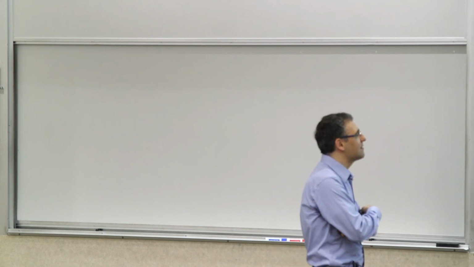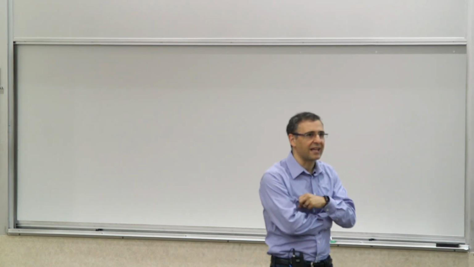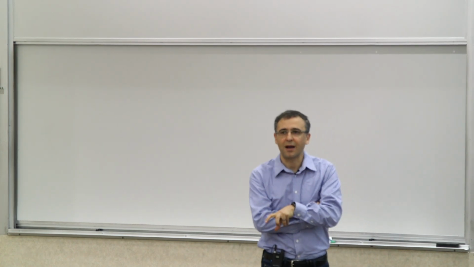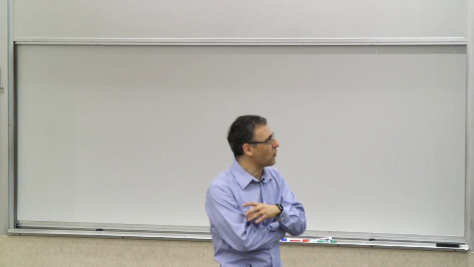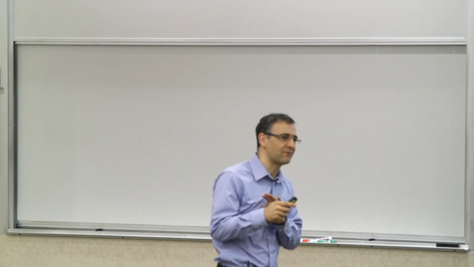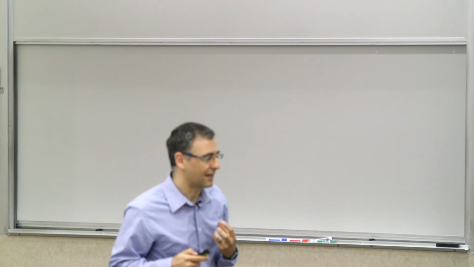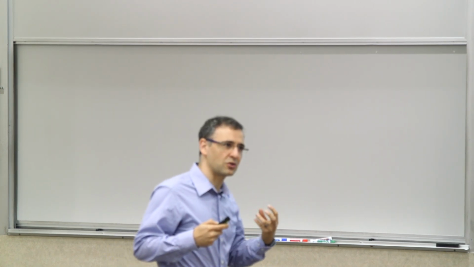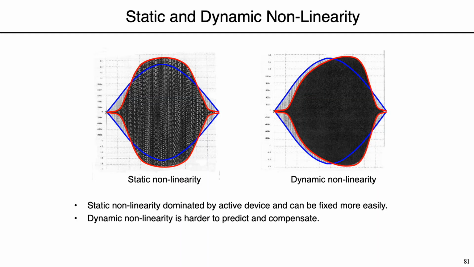And the interesting thing is that the exact device characteristic is less important in a switching power amplifier. It's really the overall behavior. Now, as a very introductory discussion of this, there are two different kinds of nonlinearity. And to show you the difference, I want to show you an illustrative example. So these two pictures show the two different kinds of nonlinearity. One on the left I will call a static nonlinearity. One on the right I will call